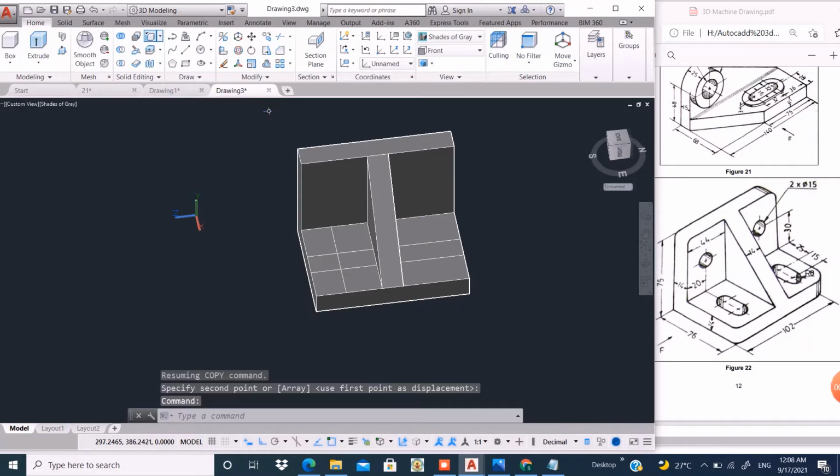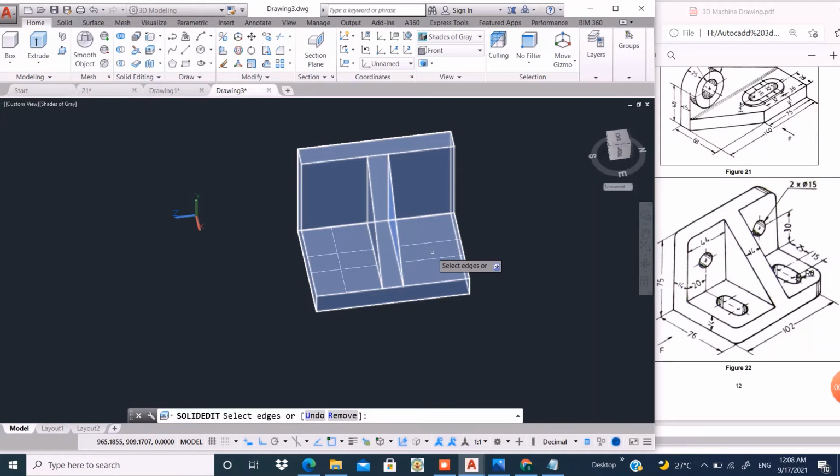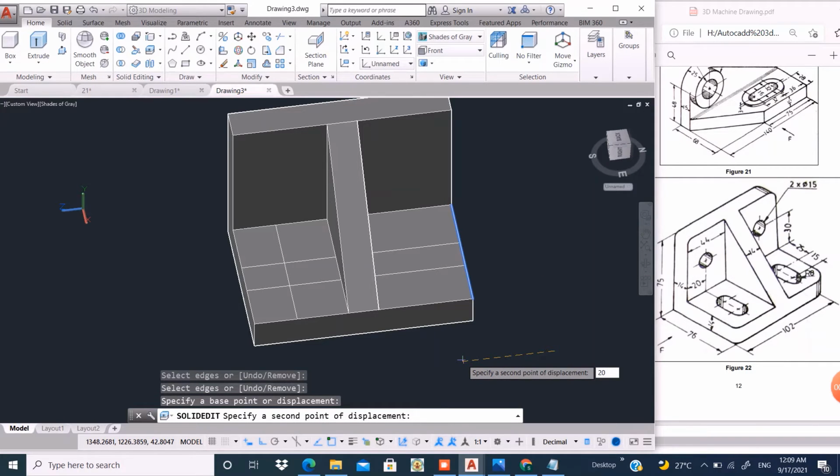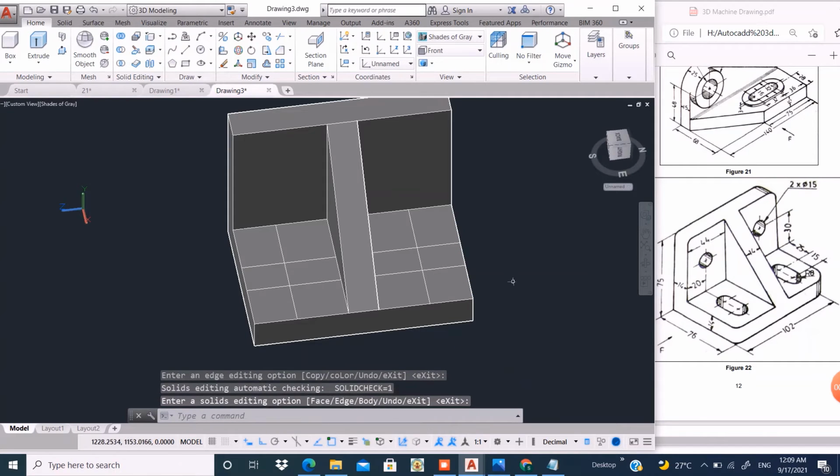Again copy edge command and here also click this edge, click anywhere at a distance of 20 unit, enter, enter.